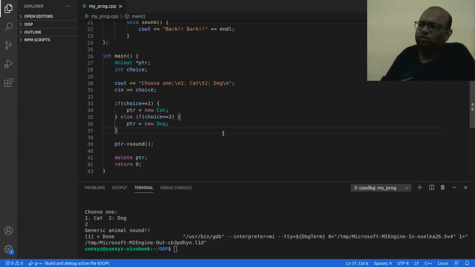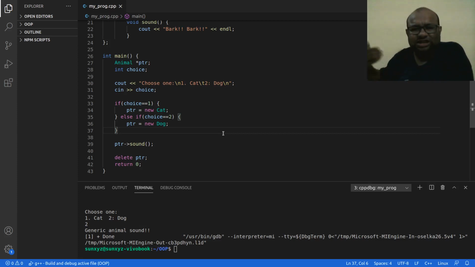What is runtime polymorphism? This animal pointer, what is the type of object that it is pointing to? That is not decided in compile time. This decision takes place after the user chooses.